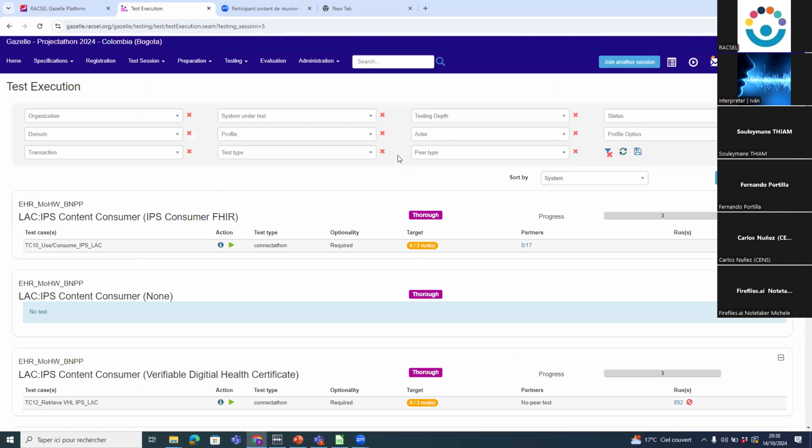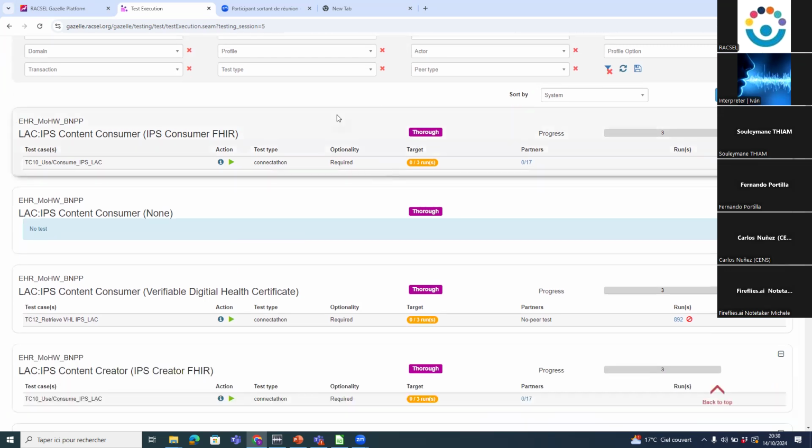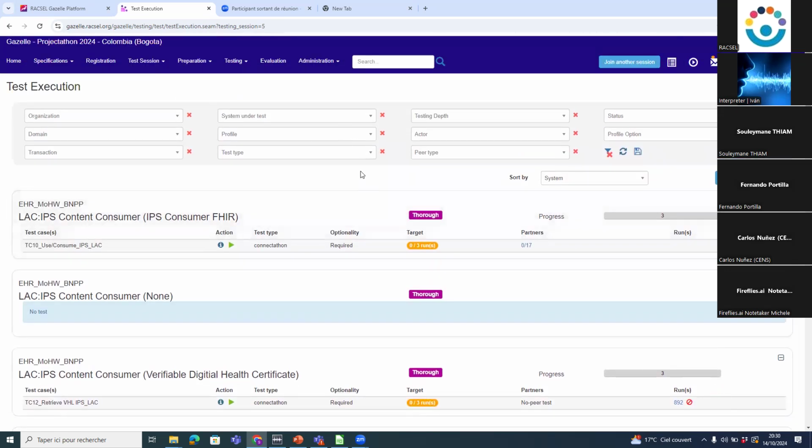Last year, I had several questions from the participants. For example, they asked me, okay, why do the other countries execute some tests in our system?